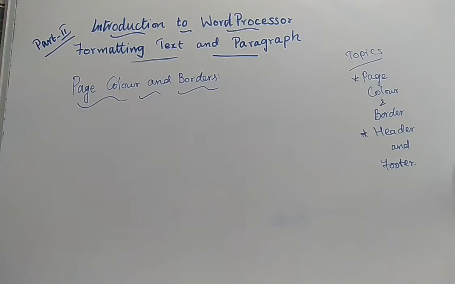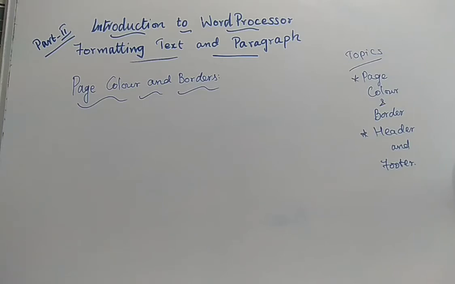Next we finished paragraph formatting, then we discussed line spacing, how you will be implementing that, then indenting text. Next we finished discussing bullets and numbering. In that we have discussed how to apply bullets and numbering, then how to remove bullets and numbering.